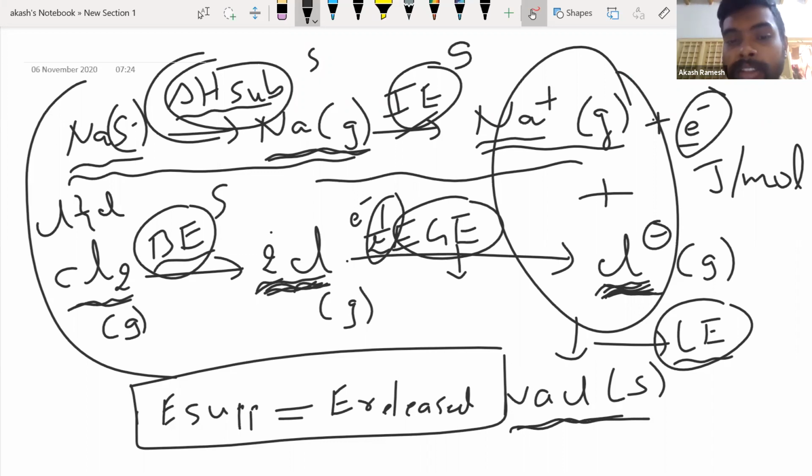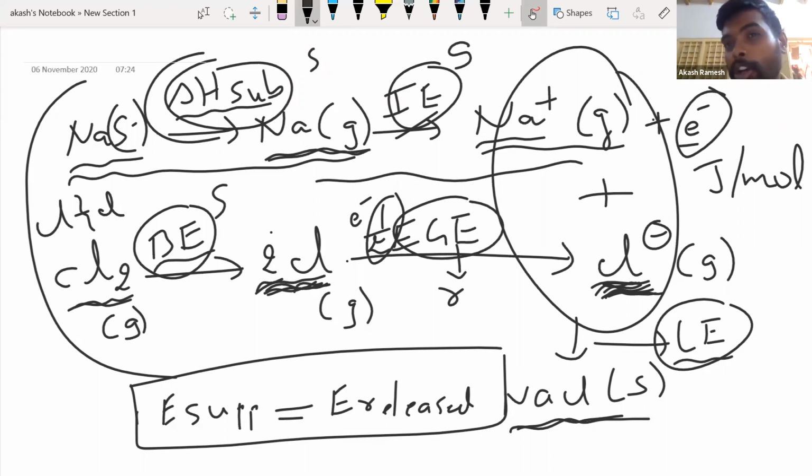So please remember this. Electron gain enthalpy, when I talk about non-metals like chlorine, fluorine, iodine, oxygen, will always be a negative value, because energy is released when the ion is formed. So this is my released. Hope it makes sense, because it is becoming stable. When something becomes stable, it has to release energy. Why? Because high energy means less stability, more stability means lesser energy. So if I need to gain stability, I have to lose energy. So definitely electron gain enthalpy value will be a negative value.